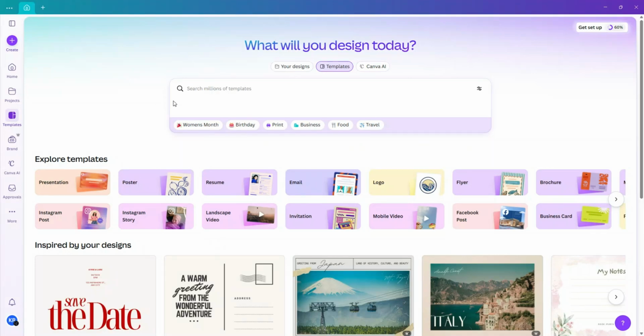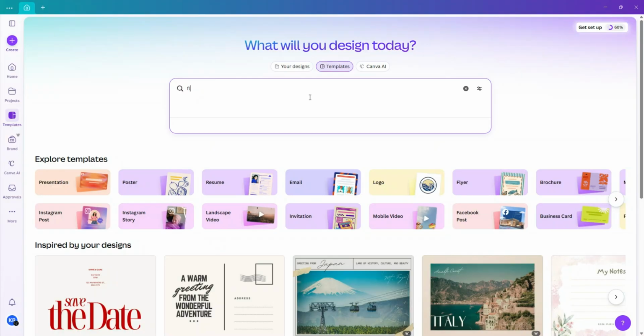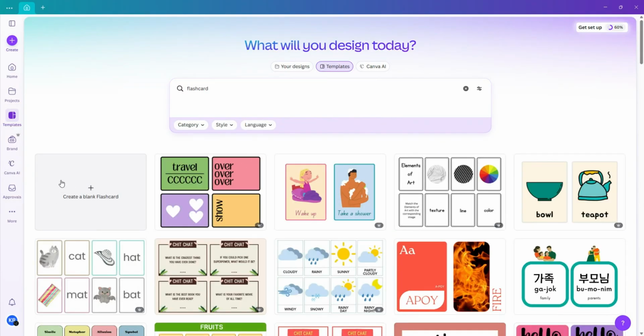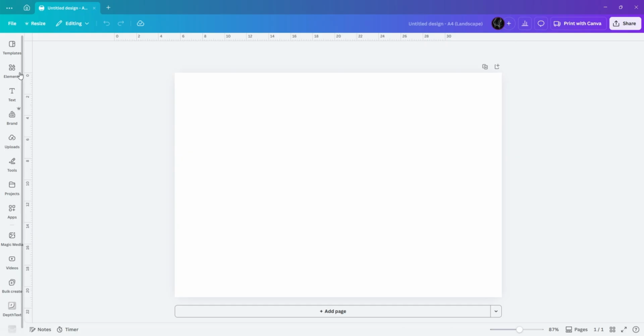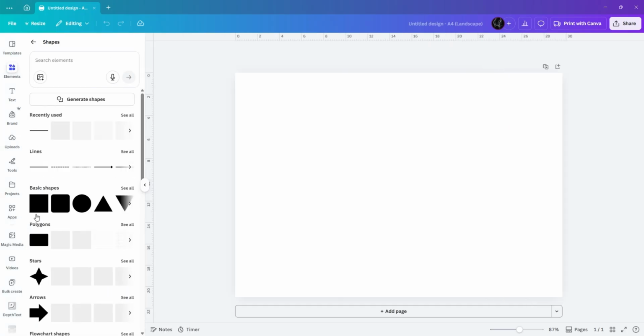In this video, I will be showing you how to make flashcards in Canva. Let's get started. I'll begin on the Canva homepage by clicking into the search bar and typing in flashcard. Once the results load, I'll skip the pre-made templates and click on Create a blank flashcard to start with a